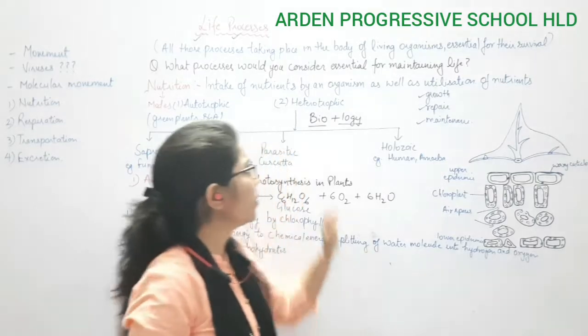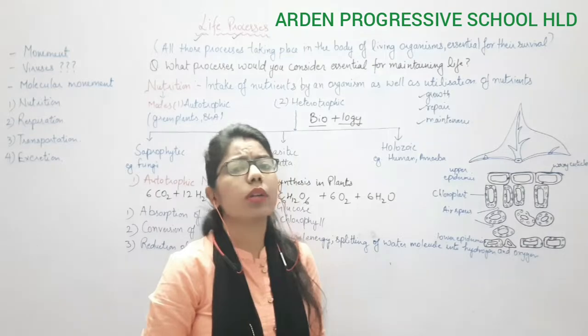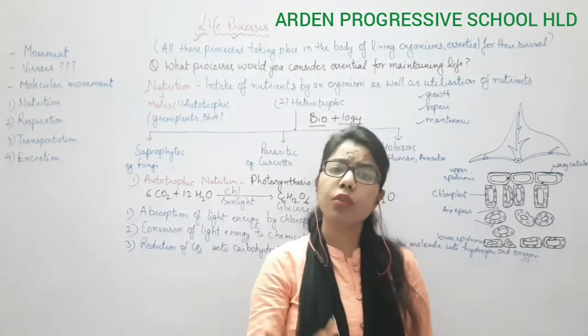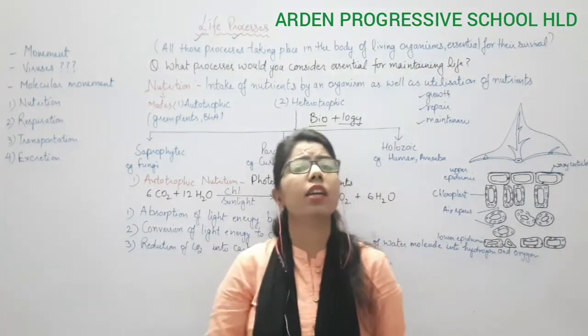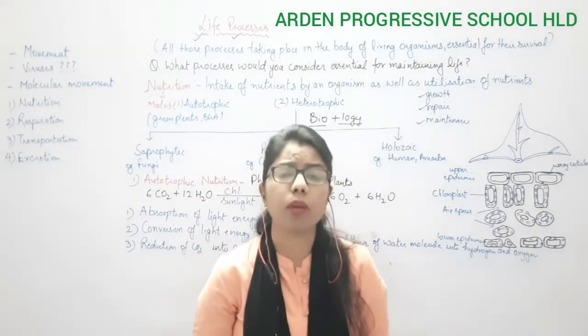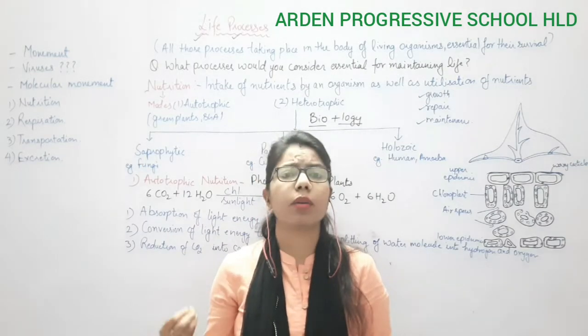So here one by one we will start this chapter, right? If I start with the basic or introductory part, and if you go through your NCERT, so many examples are given. Like if I talk about the dogs, the human beings, or the cow,